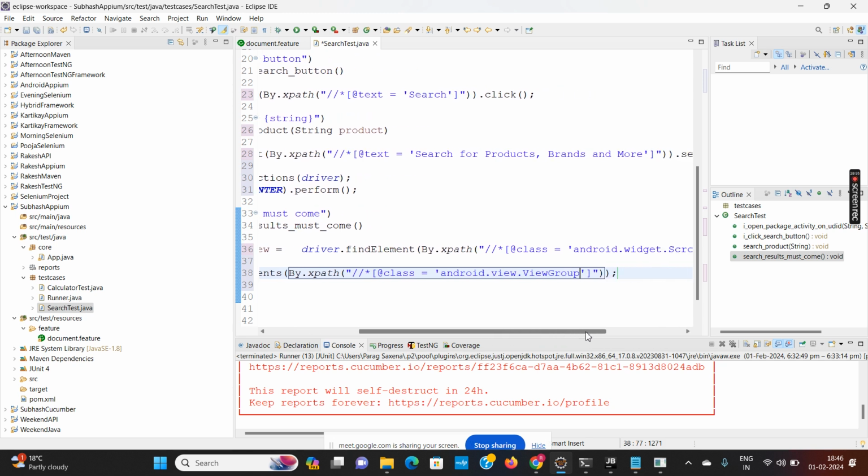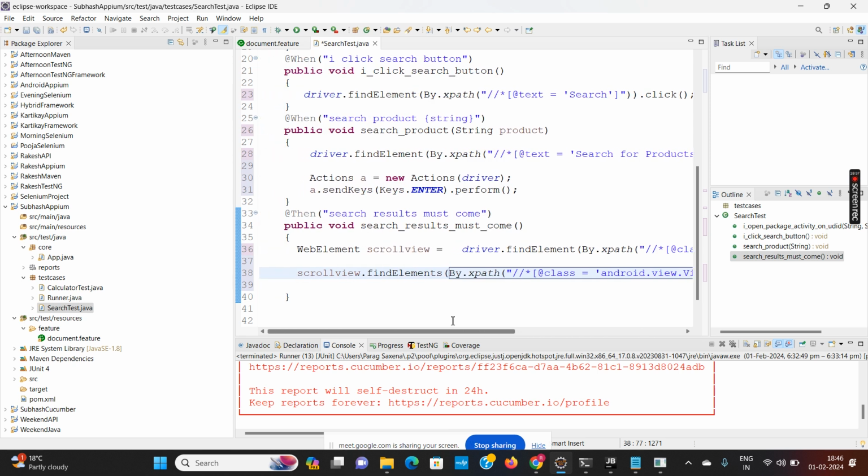Okay. And it will return me the list of the web elements.